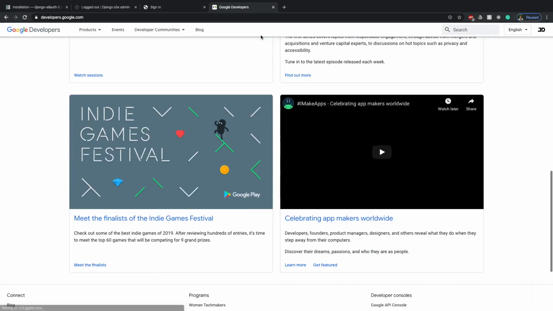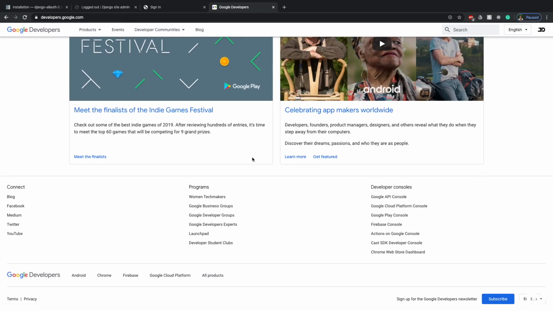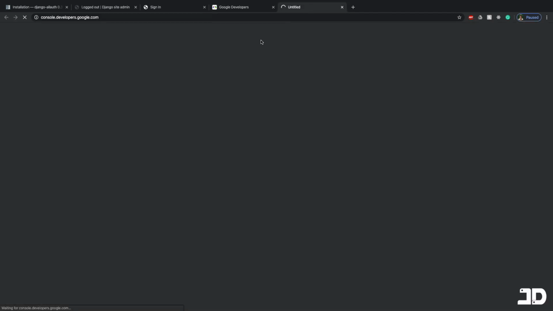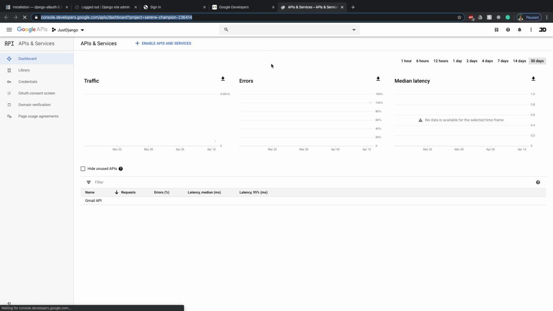And this is where you can get more information about everything. You'll see at the bottom, there's the developer consoles. And the first one there is the Google API console. I'm going to open that up in another tab. So on console.developers.google.com. And so this is the developer console, and this is where you manage all of your projects that utilize